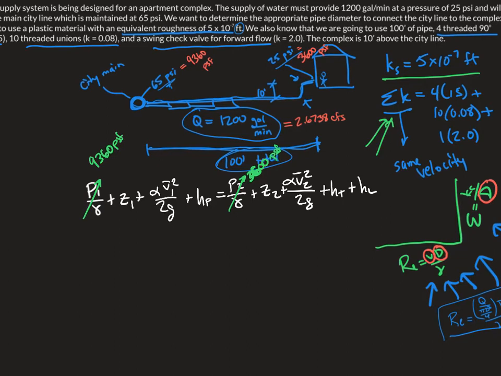Okay, Z1, if we make this our datum, is 0, so we'll call that our datum. So Z1 is 0. Z2 is going to be 10 feet. And this first pipe and the pipe in the house,